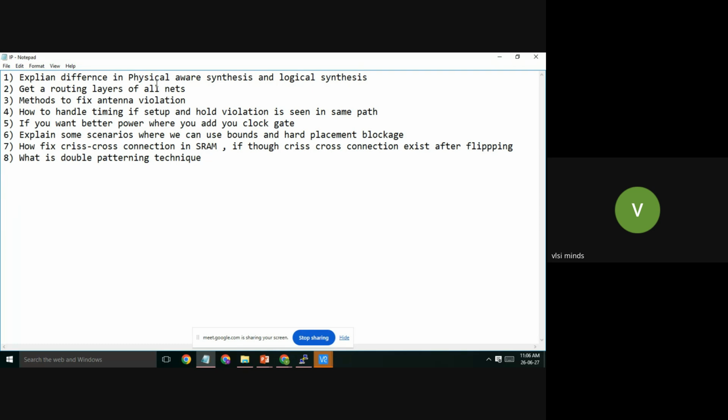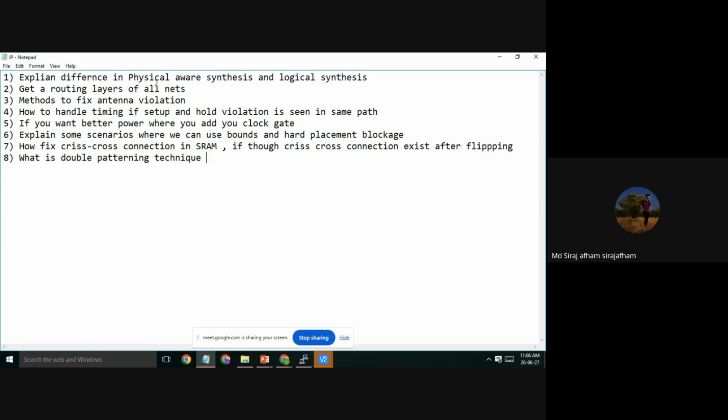What is the advantage, how does timing improve? We'll get the exact net delay values from those LEF and DEF files. How do you get delay values exactly? Physical aware synthesis has the information of the congestion, and with that, the macro placement can be handled.